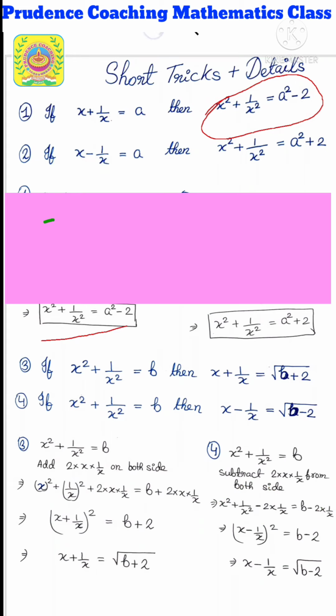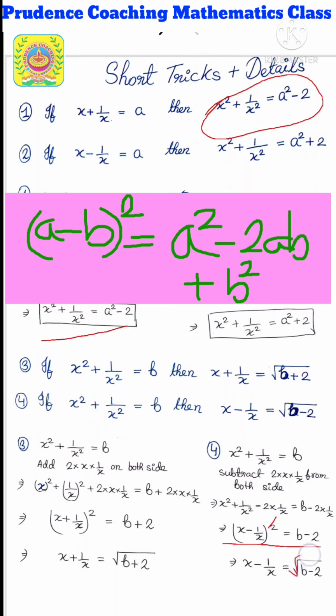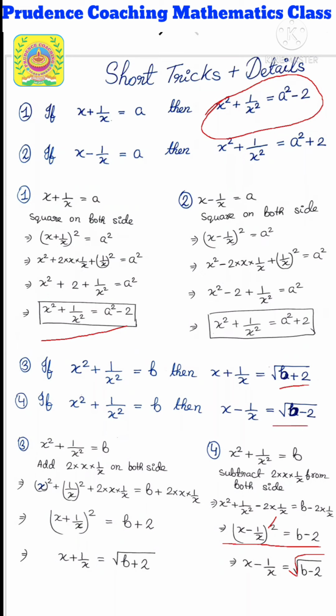Now, as we need to find out the value of x minus 1 by x, but we have the value of x minus 1 by x the whole square, so we will apply square root. After applying square root, this 2 will be cancelled and we will get a root here. So ultimately we are getting this particular shortcut by this traditional method.